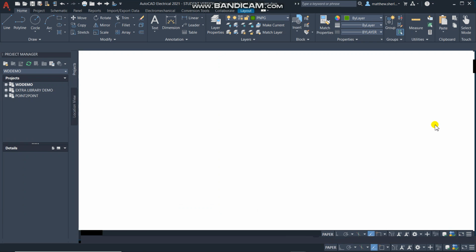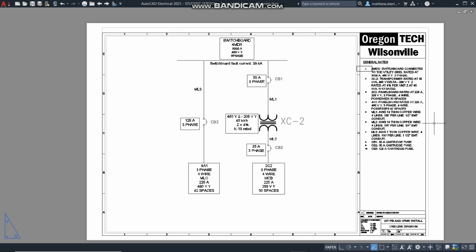This is Matthew Sherland. I am going over the one-line diagrams for the 243 NEC and NESC project. So this is the NEC part for the installation of 2 new panel boards and a transformer to the OIT campus. Panel board 4A1 is rated at 480 volts and 225 amps, and that ties directly into the utility switchboard